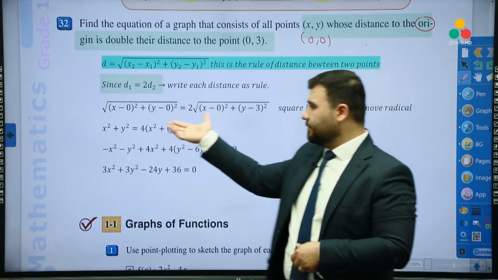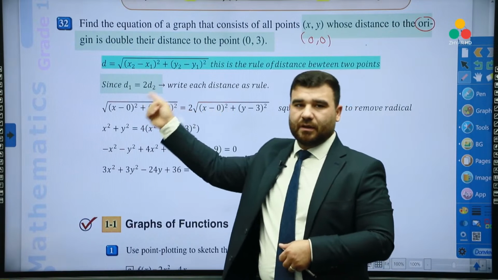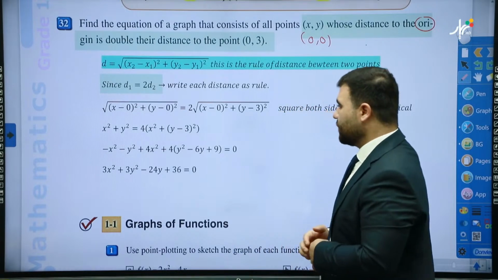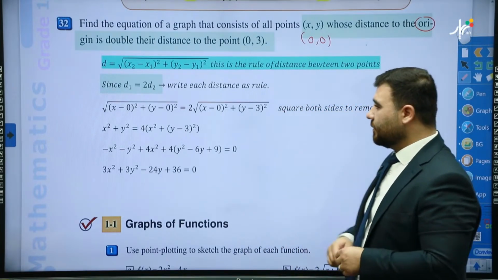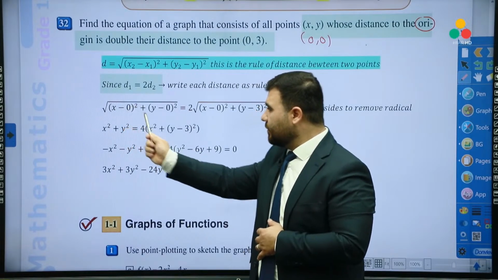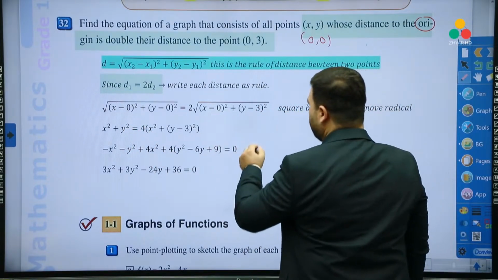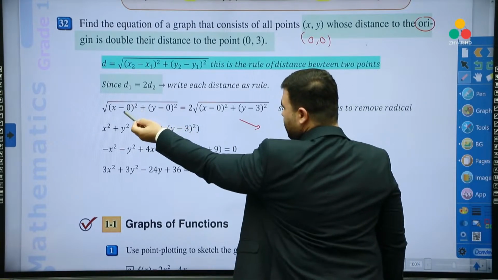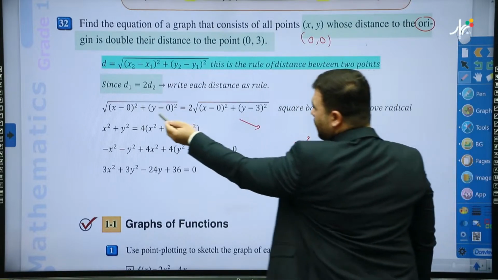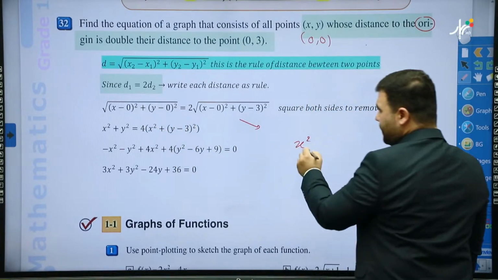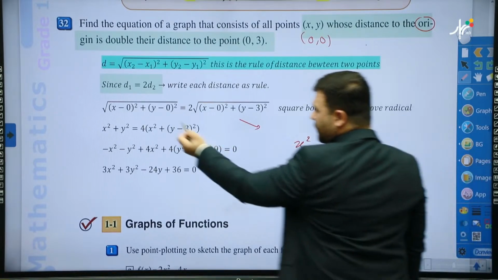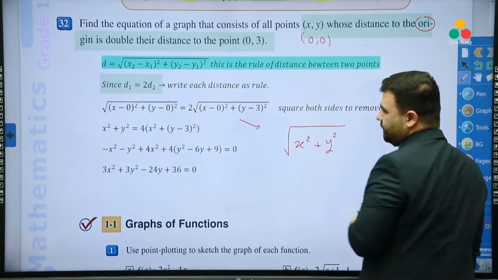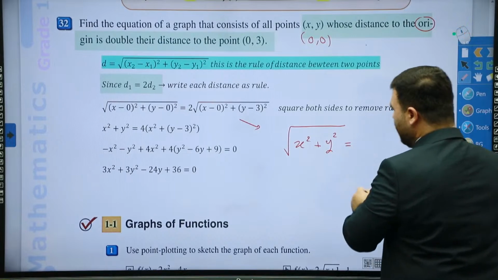Now I have an equation that has a square root in it. To remove the square root, I can simply square both sides, power 2 on both sides, then the square roots will be cancelled. Now x minus 0, let's add a step between these two to make it clearer. X minus 0 is just x. The power 2 goes to the x, that's x power 2. Y minus 0 is just y, with this power 2 it is y squared. Between the two brackets is plus, and the square root is equal to 2 times,